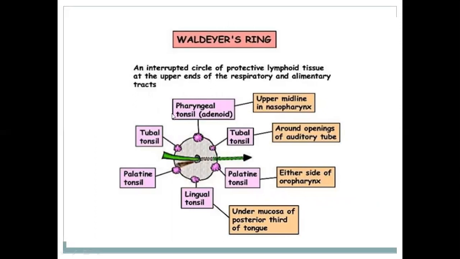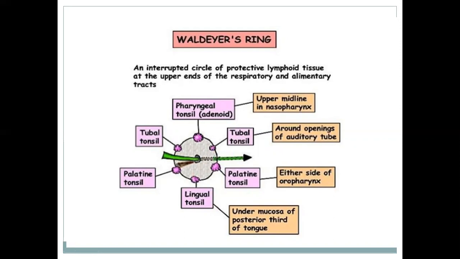This is pharyngeal tonsils in the roof of the nasopharynx. It is called adenoid. If it is enlarged, it closes the posterior nares and it causes snoring at night, and the patients actually respire through the oral cavity. And these are the tubal tonsils present at the opening of the pharyngotympanic tube. So these three tonsils, two tubal and the pharyngeal tonsil, actually secure the nasal cavity.